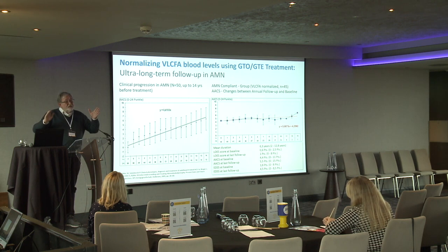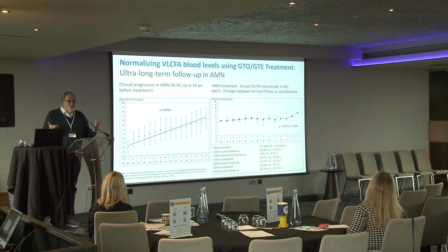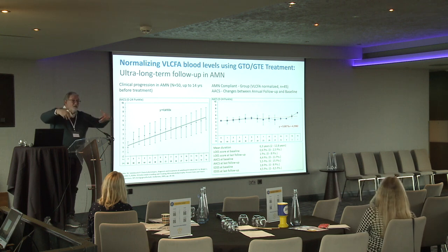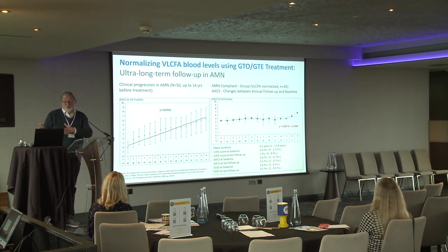And this is at least a hint that normalization of long-chain fatty acids is really helpful in all patients with adrenoleukodystrophy. So this is something you can do. You can do that by changing your eating habits to a healthy Mediterranean nutrition, and probably add some monounsaturated shorter-chain fatty acids to the diet, and you can normalize your long-chain fatty acids quickly and very efficiently. So it's something that you really can do, and you can change your life with this.